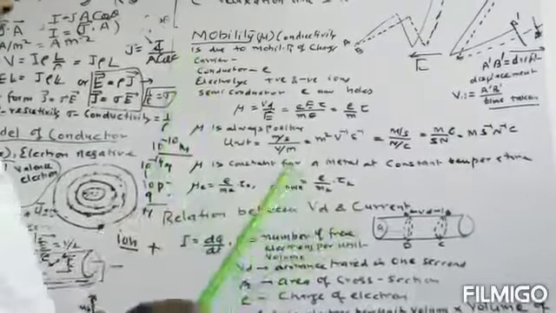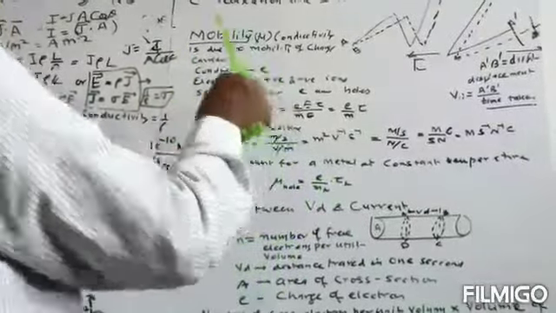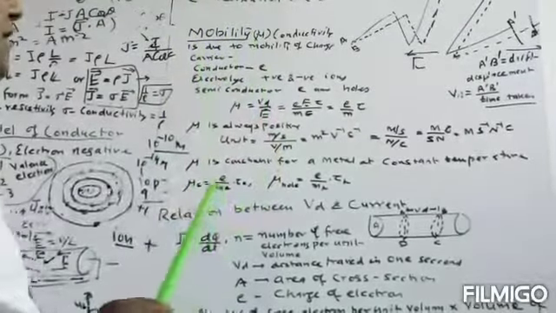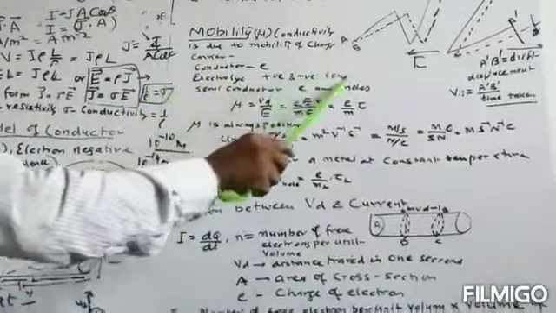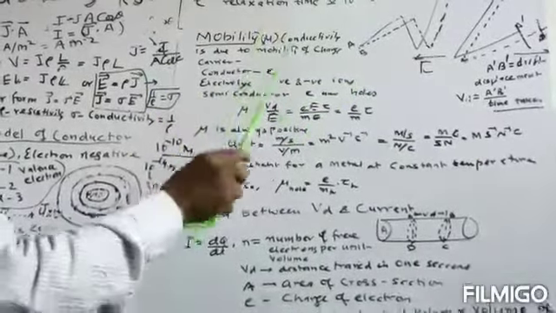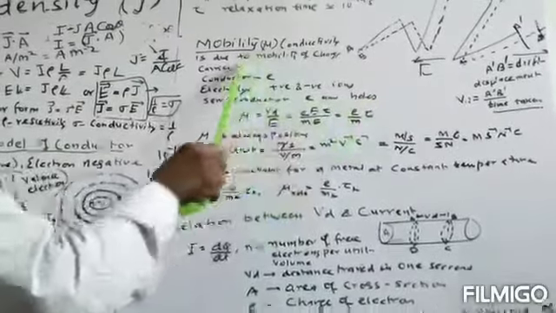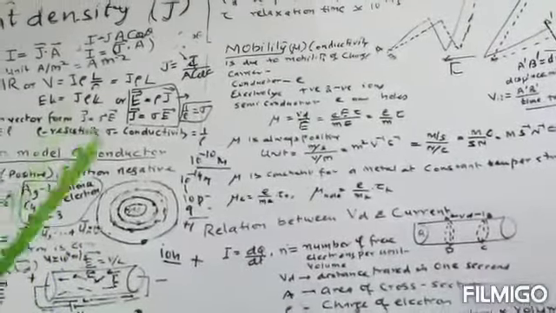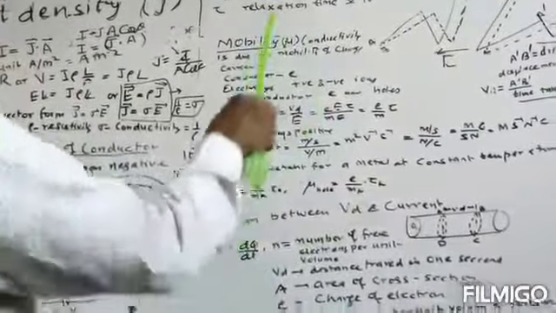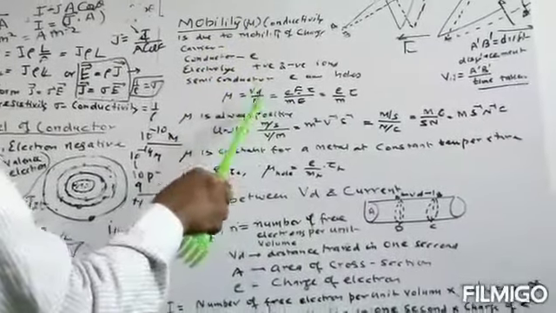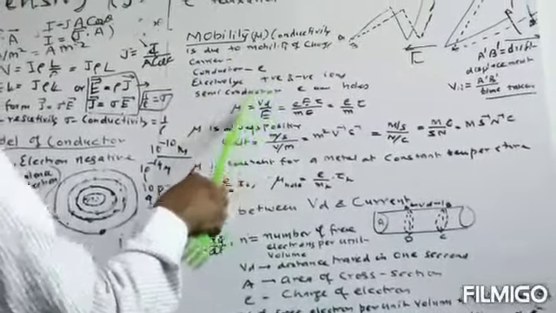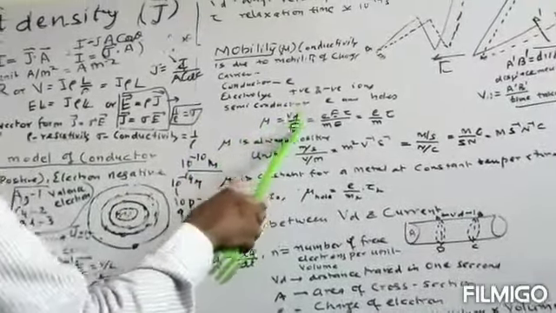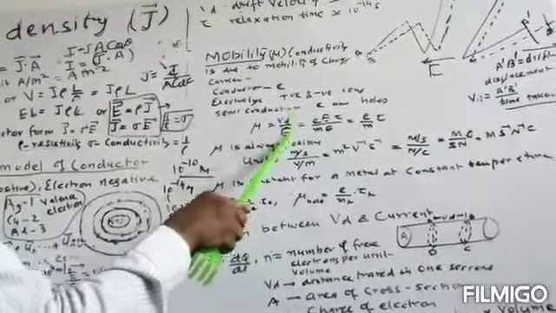For a conductor there will be mobile charges or electrons. In the case of an electrolyte, there are positive ions and negative ions. In the case of a semiconductor, there are holes and electrons. So there will be mobility. Now what will be the mobility? Mobility will depend upon the electric field. Mobility is defined as drift velocity per unit electric field. Drift velocity is due to the external electric field. The ratio of drift velocity to electric field is known as mobility.